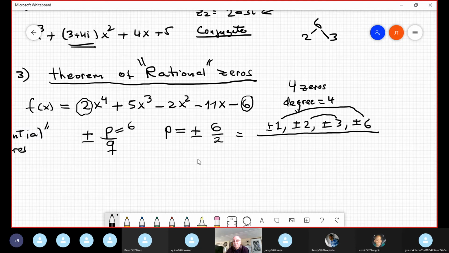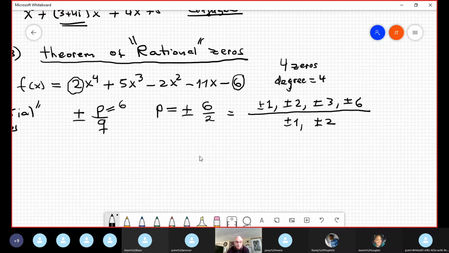So what are the factors that give me 6? 6 and 1, and also 2 and 3. You copy the factorization of the number in the numerator, the top. And for the bottom, which is 2, it's plus or minus 1 and plus or minus 2, because 2 is a prime number and the only possibility is 2 and 1. 2 times 1 is 2. So I create